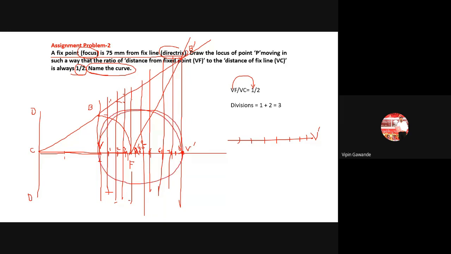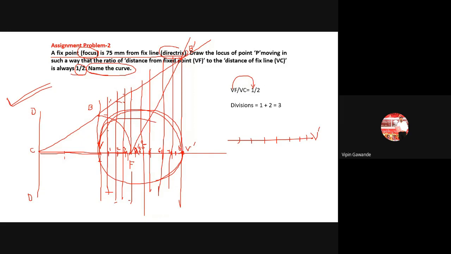ओके, so I will post the steps on our group in the form of theory. You follow that and also follow the steps whatever I have given in the video lecture. व्हिडिओ लेक्चर फॉलो करा. मी ऑलरेडी आपल्या ग्रुपवर गुगल क्लासरूमला टाकलेला आहे. सो you follow that steps and you draw the ellipse. So this is your first thing. You have to draw it in the sketch book. हे स्केच बुक मध्ये ड्रॉ करायचं आहे तुम्हाला इलिप्स. ओके, सो this is for our submission. Okay, practical and term work submission.